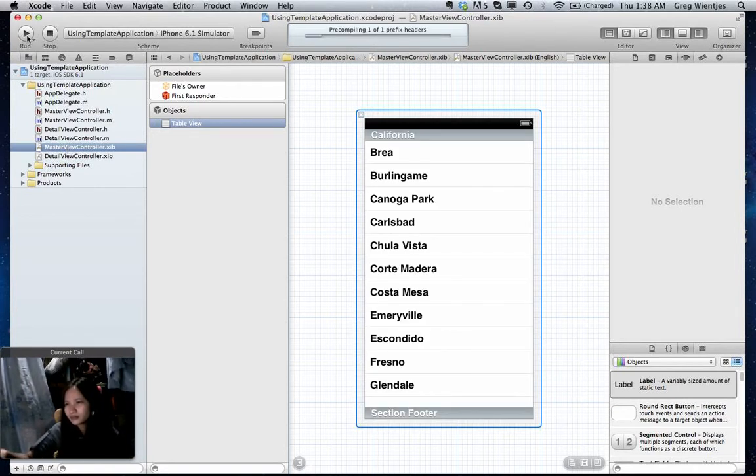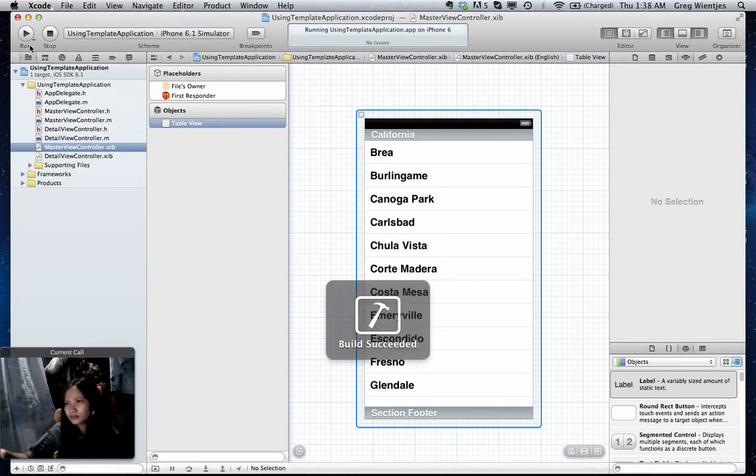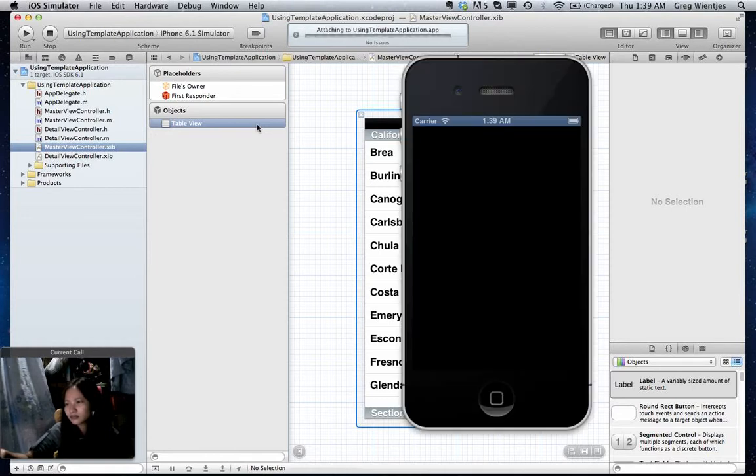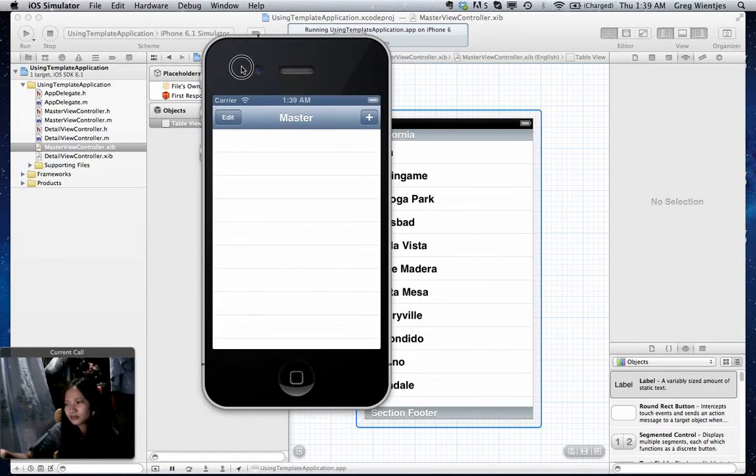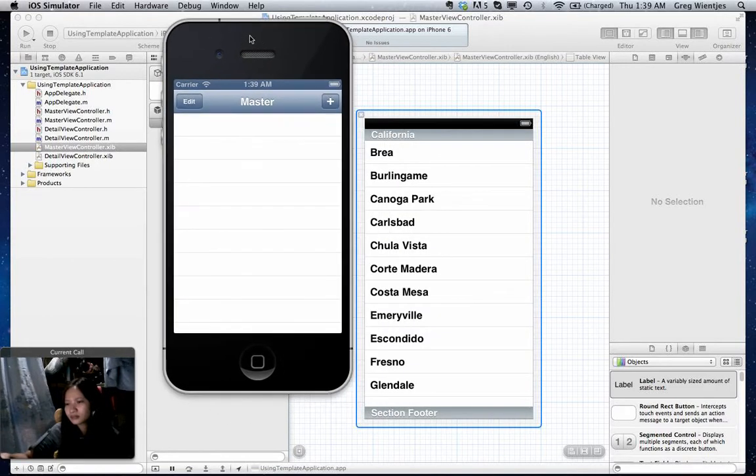Let's run this and see what it's like. And the idea behind these templates is Xcode is providing you with a starting code that you can build on top of. So we want to be able to modify this. So okay, so we have here this master detail